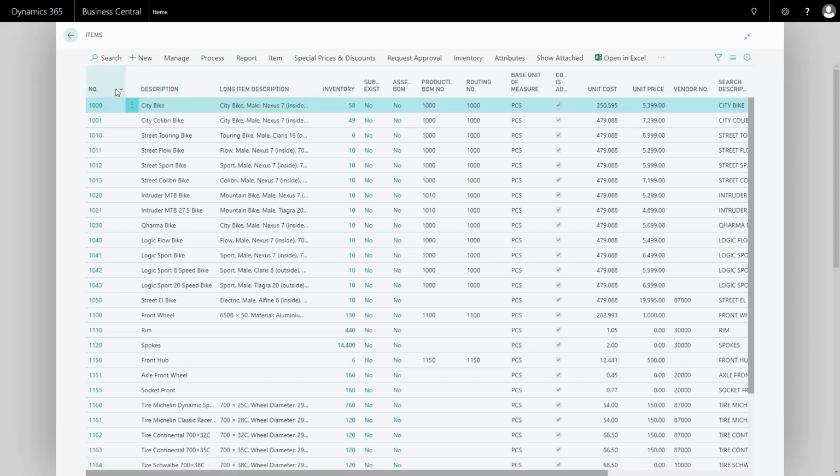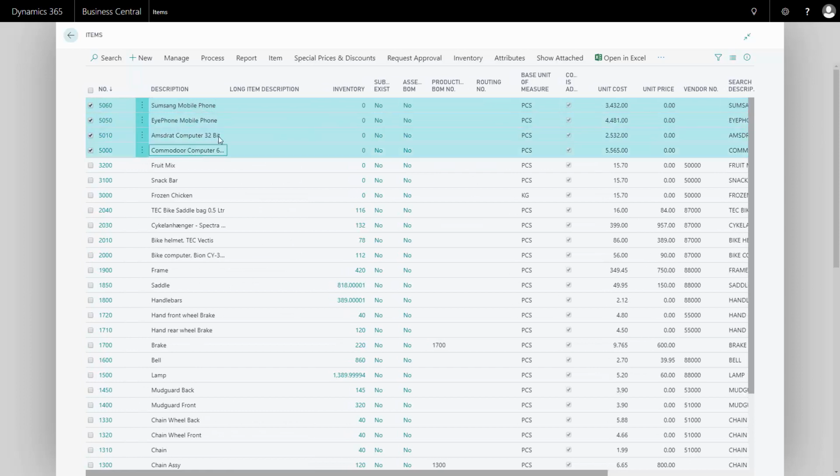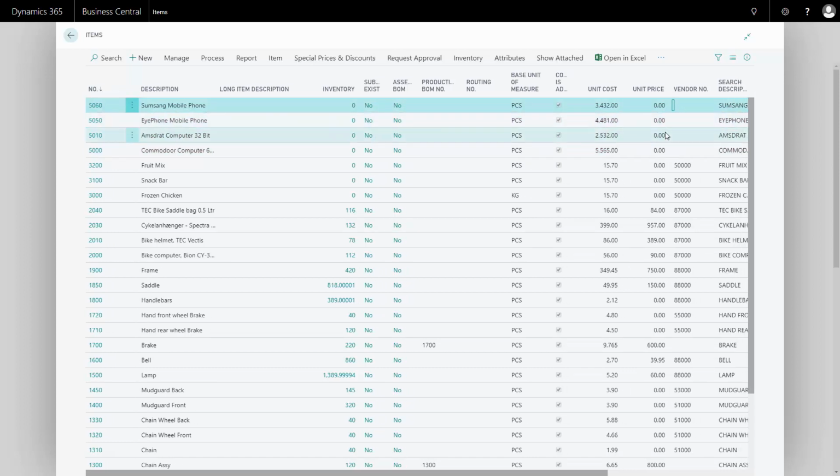Let's take an example from the item card. We have added 4 new items here, and of course it could have been many items if we're talking about mass update. I'd like to add vendor number, safety stock quantity, and I'd like to add a specification saying that this is a product for internal use. And I can do this with my information matrix.